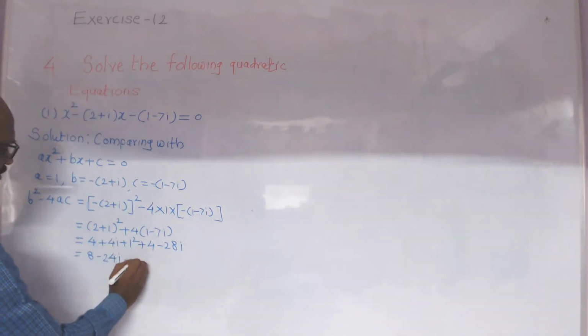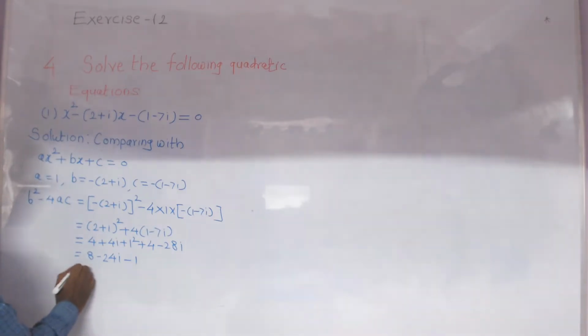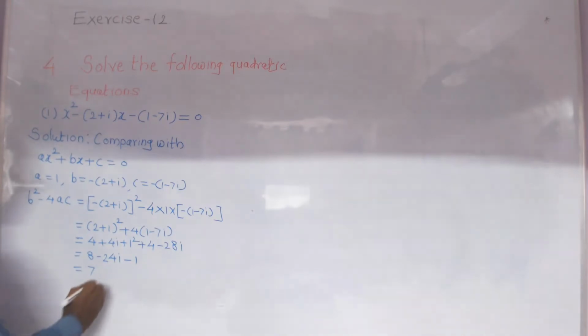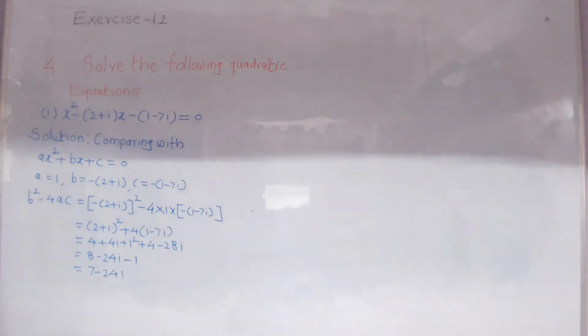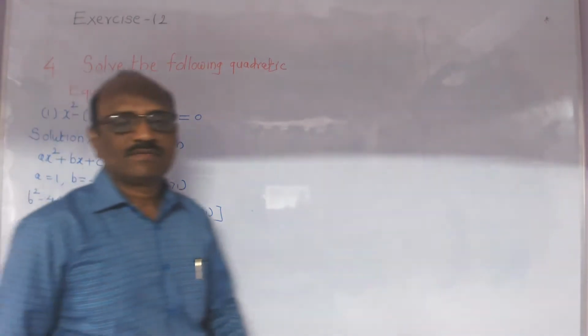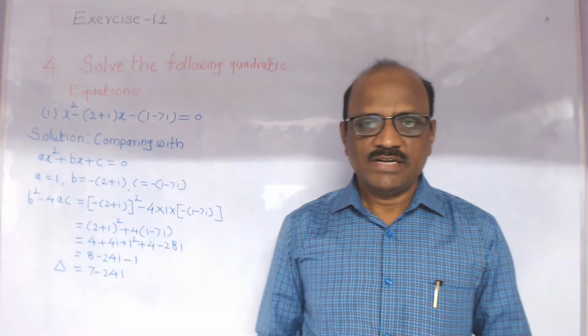i square is minus 1, and hence here you will get 8 minus 1, that is 7, minus 24i. This is the value of delta, that is b square minus 4ac. This is the value of the delta. Now next,